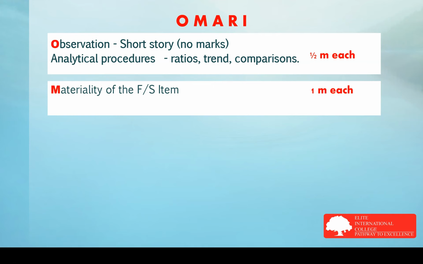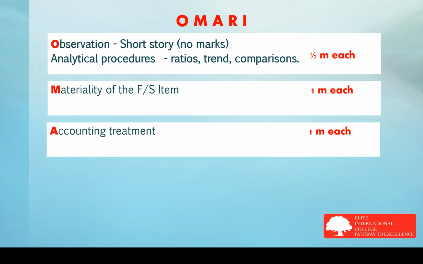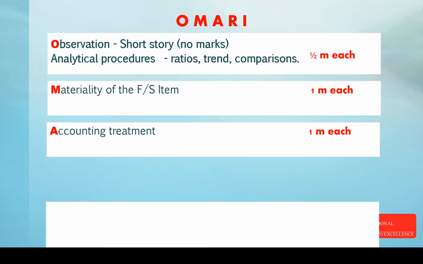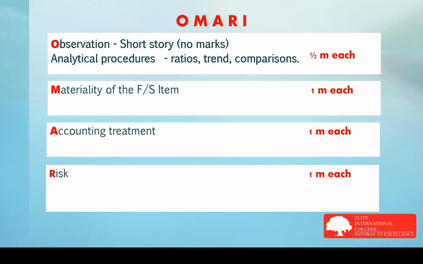Then we're moving on to the accounting treatment. So for the accounting treatment, put down the relevant part there. If the issue is on recognition, put down the rules on recognition, or if the problem is on measurement, put down the rules on measurement. Then we're going to talk about the risk, and that's 1 mark each as well. And on the impact on the financial statements, that means that consequently something is going to be overstated, understated, or misstated. So that's how the exam technique is for this question and the related marking scheme. Just one point here, that the marks for materiality may be capped in your exam to about 3 or 4 marks per question 1.